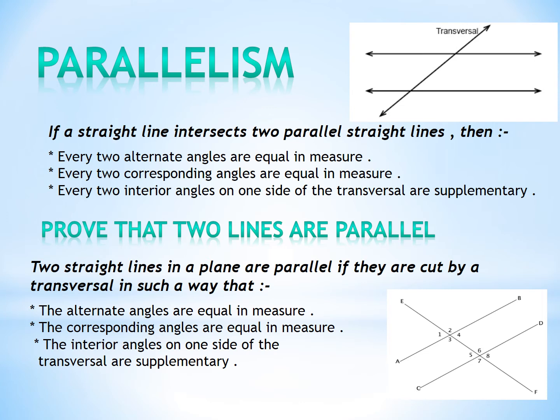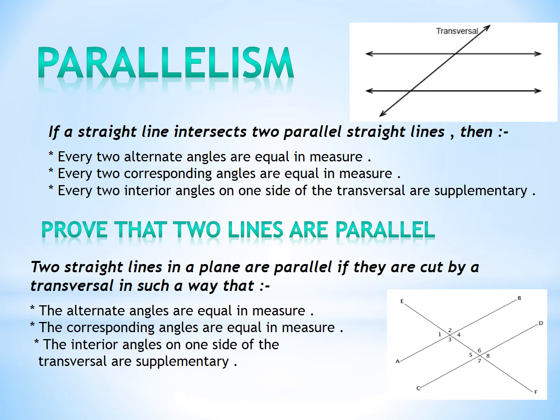ايه هو transversal؟ هو الثيرد لاين اللي عمل intersect للتو parallel lines، ده بسميه transversal. الترانسفيرسال ده هينتج عنه مع التو parallel straight lines every two alternate angles are equal in measure، اللي هم عاملين حرف الزد، every two corresponding angles are equal in measure, every two interior angles on one side of the transversal